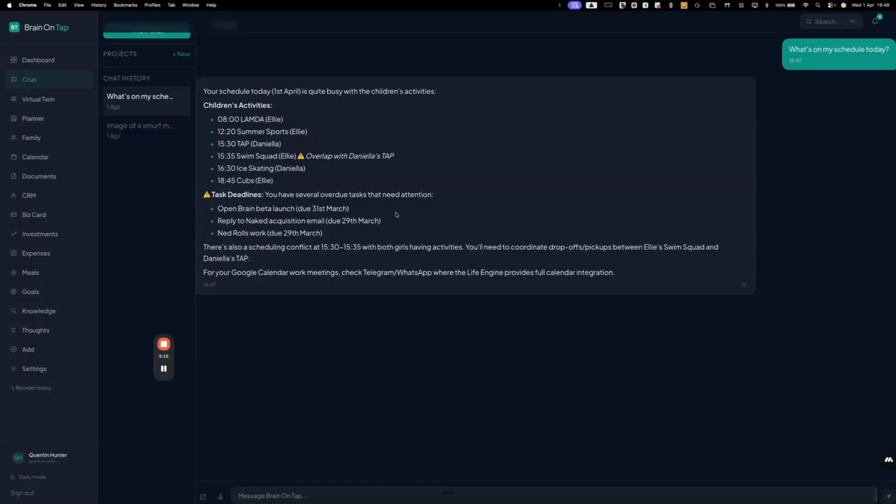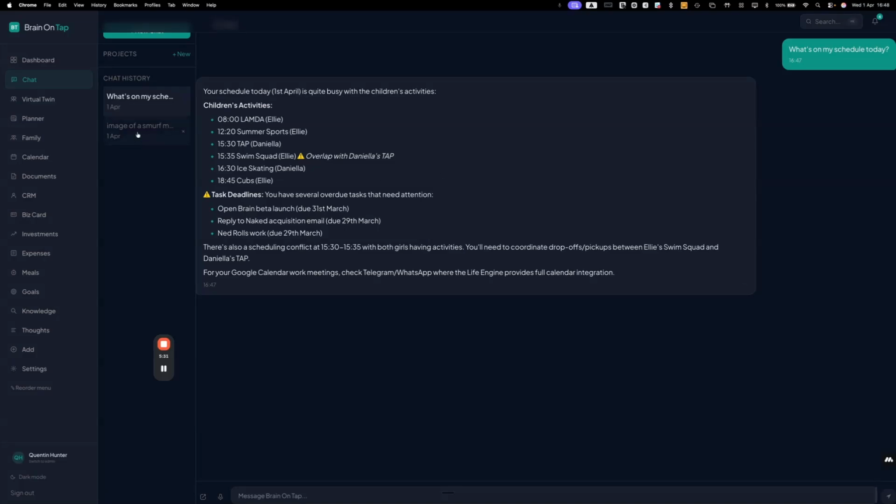It also picks up my emails in terms of notifications. I get email summaries sent to my WhatsApp and to Telegram can be sent there as well. I can read my emails, it gives me a summary of them, and I can reply and respond to emails via my WhatsApp and Telegram.